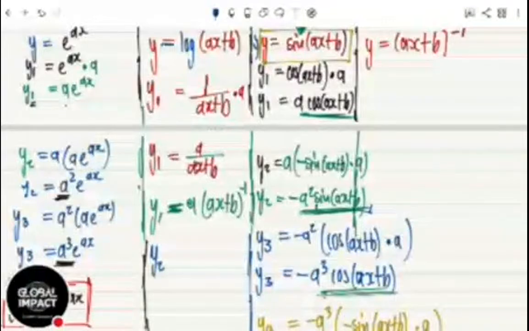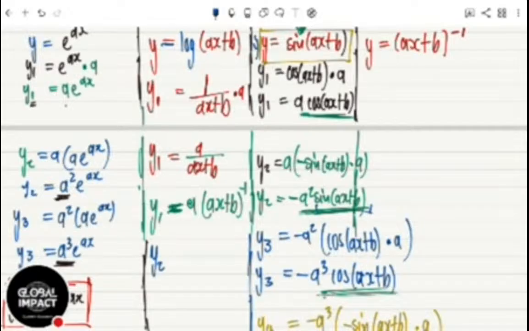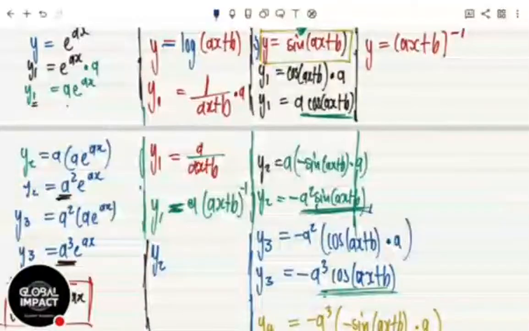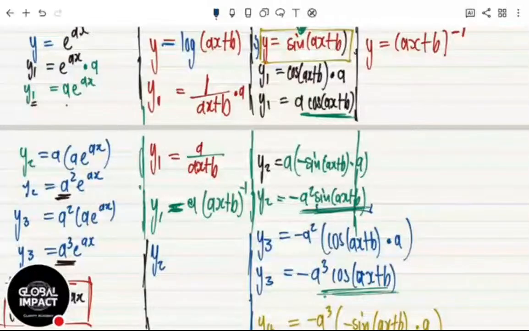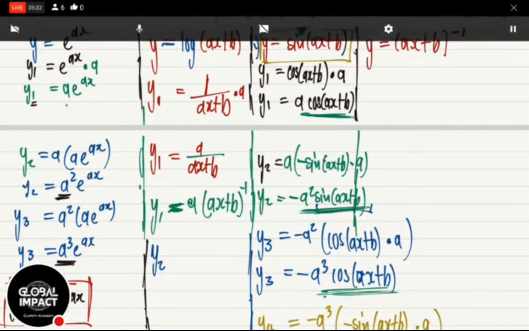Remember, it's just differentiating. There's nothing complicated. You differentiate first, second, third, fourth. Then you look for what is going on. Then you can write down the formula. You have the nth derivative. And you must be able to apply it in questions that have something which is not just a sine of ax plus b. It'll be a sine of something, sine 2x, sine whatever. We just differentiate, then we see what will be happening and we get our nth derivative. So for the nth derivative, differentiate 1, 2, 3, 4 times, see what's going on, then make a formula. That's the nth derivative. Okay?